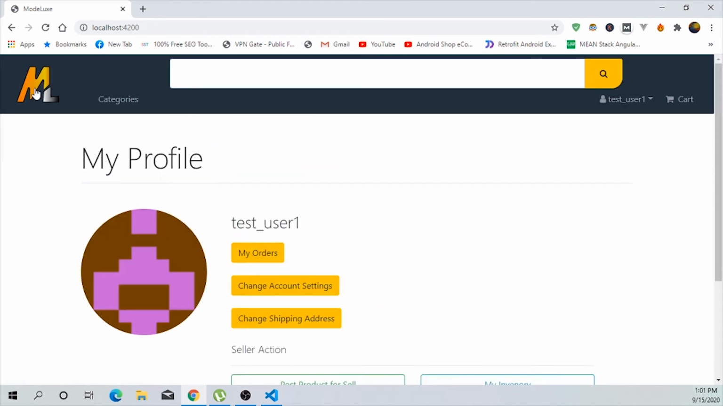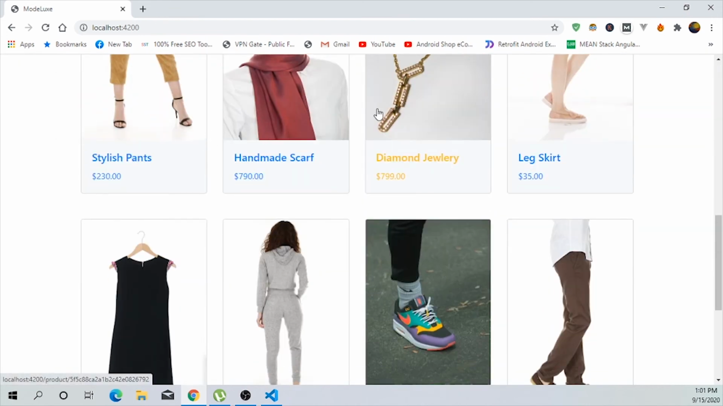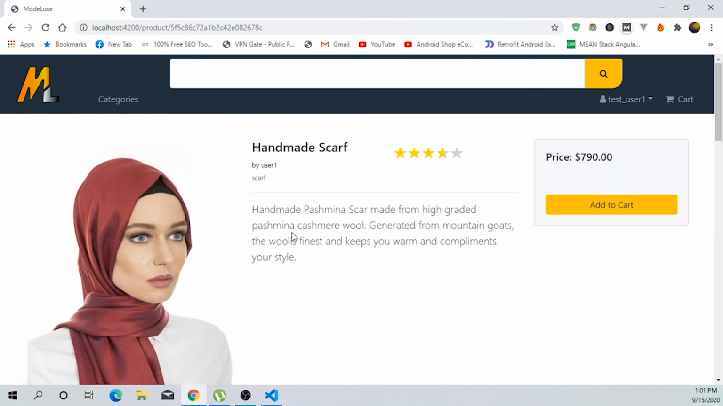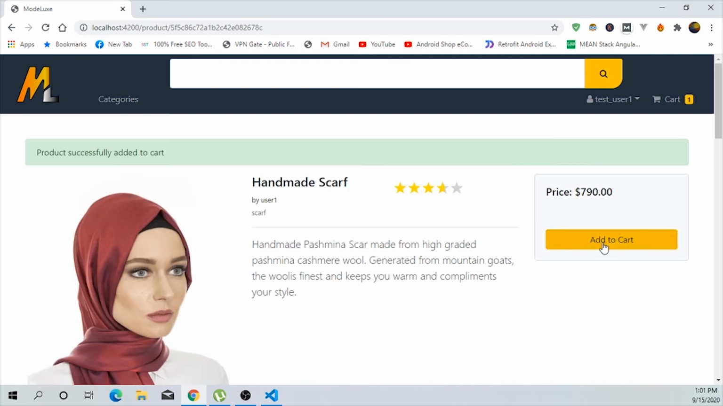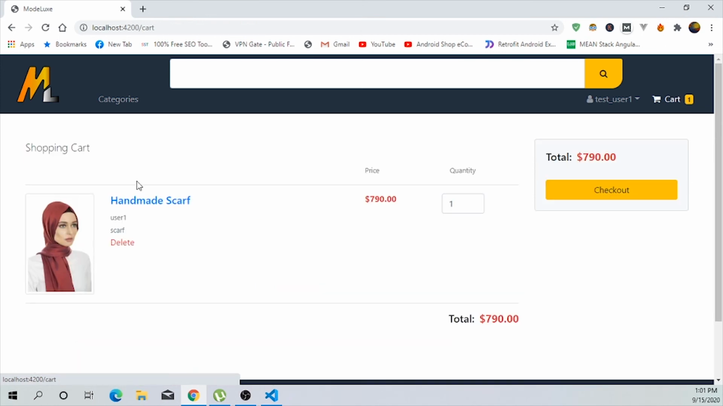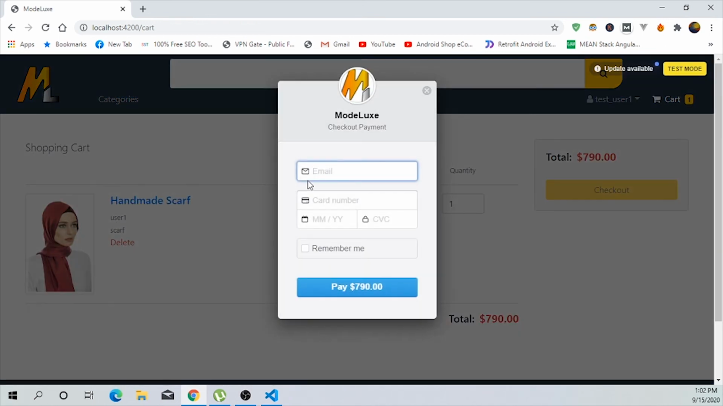So let's go to our home page, and let's go to a product, and let's buy a product. Let's add it to the cart. As you can see, the cart component has one notification. We can check out the cart as well. So let's say this user 1 add,